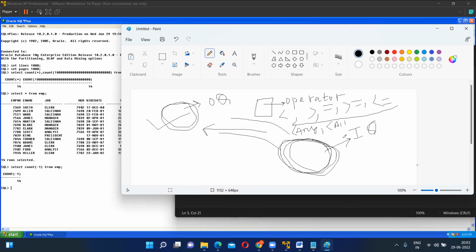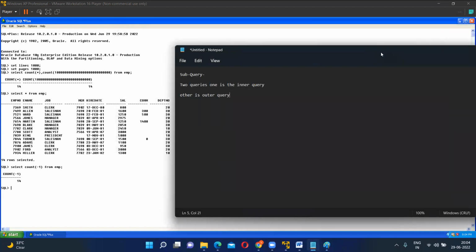So tell me, what is a subquery? A query within a query is called a subquery. It is also called a nested query. First, the inner query will get executed. It will give output to the outer query. And finally, the outer query will get executed. The choice of operator will depend on the number of inputs given by the inner query. Fine, guys. If you have understood this much,